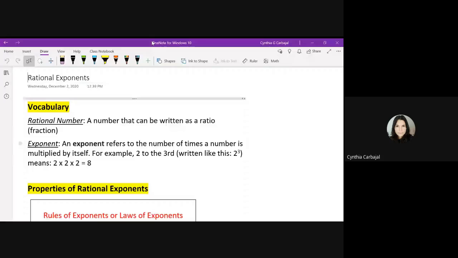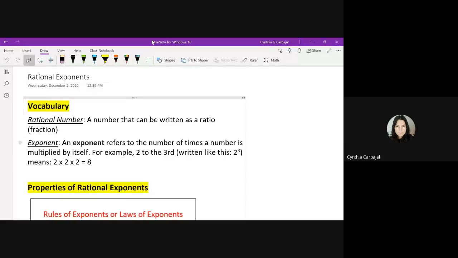Alright guys, today we're going to be learning about rational exponents. In order to understand rational exponents, we're breaking down the vocabulary into what a rational number is and what an exponent is. A rational number is a number that can be written as a ratio, meaning a fraction. So pretty much a fraction. Exponent. An exponent refers to the number of times a number is multiplied by itself. For example, 2 to the third power means 2 times 2 times 2,